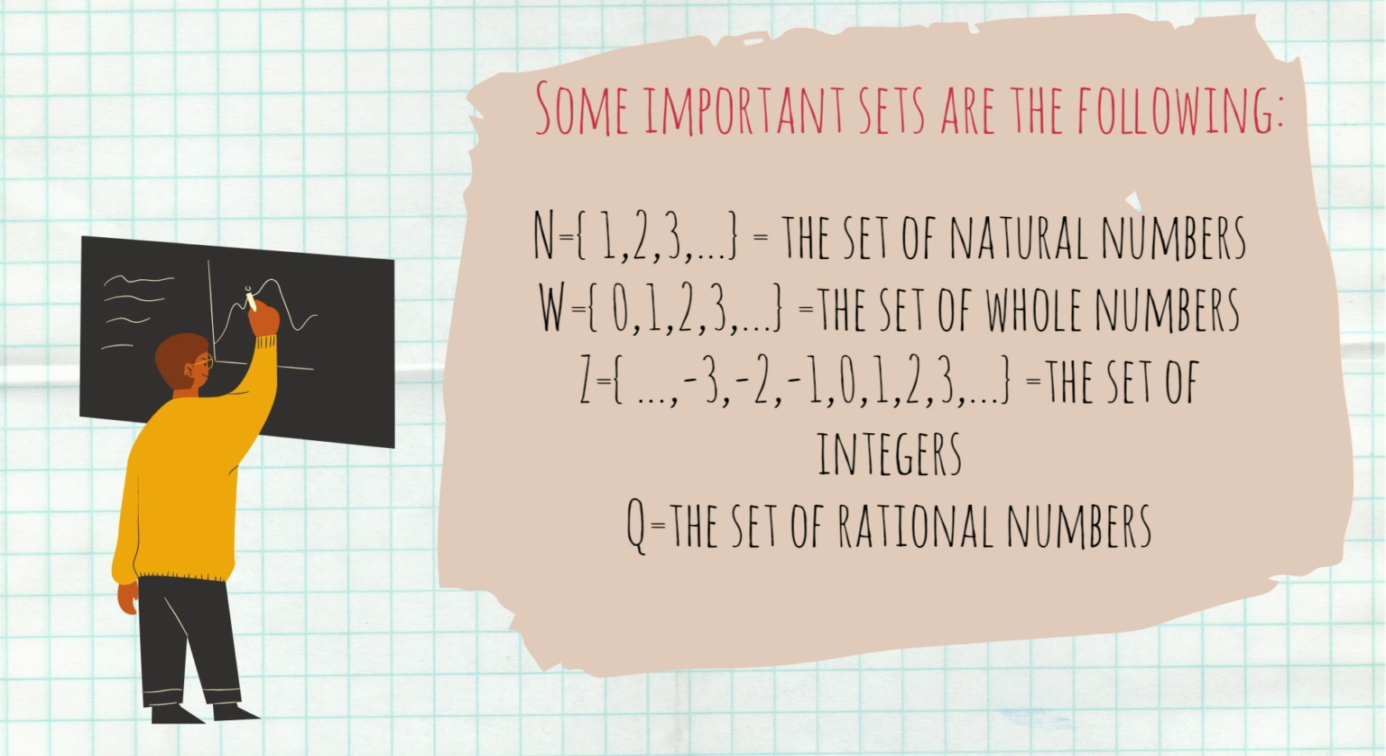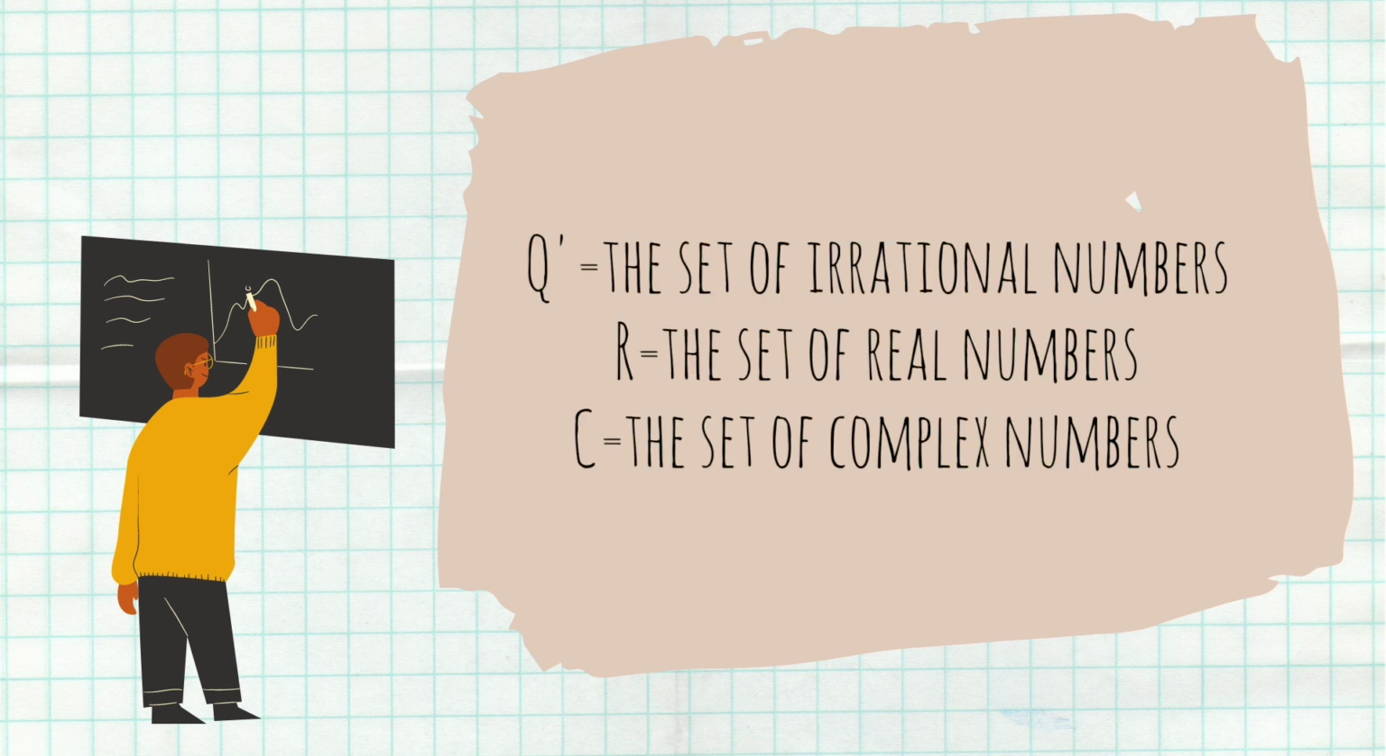And the Q is the representation of rational numbers. So these are the numbers that are terminating or repeating decimals, for example 1.75 and 1.25. And the Q prime is the set of irrational numbers. So these are the non-terminating and non-repeating decimals, or the never-ending patterns like